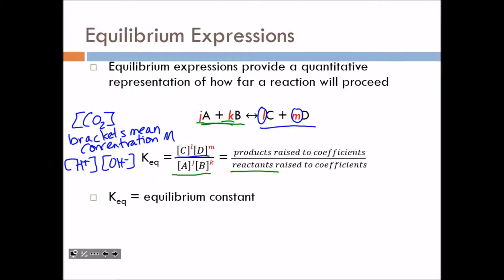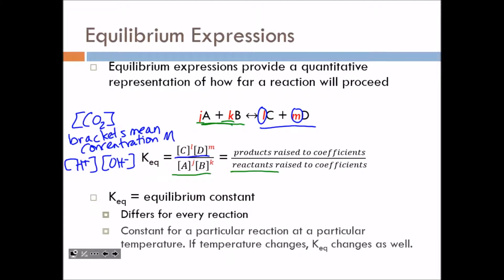Keq is the equilibrium constant. It differs for every single reaction. The only thing that can change a K value is changing the temperature. The reaction is going to get to this established ratio of products over reactants raised to their powers. And if you disturb the equilibrium, it will shift, keep going back and forth until it gets back to that